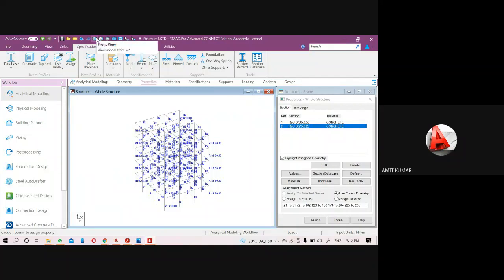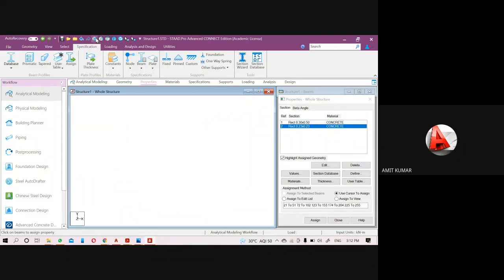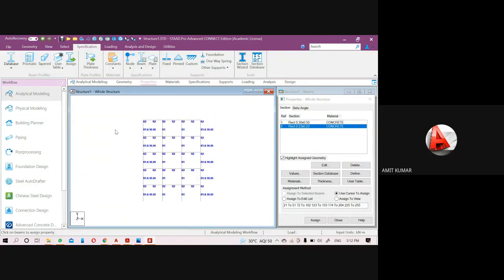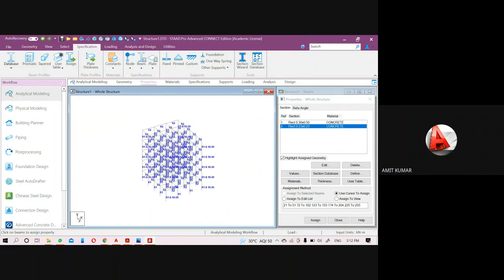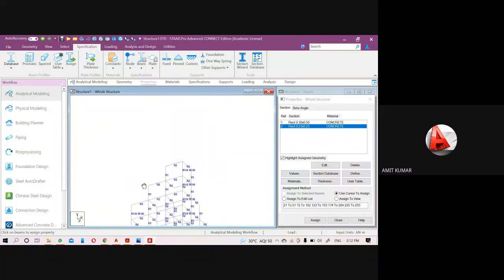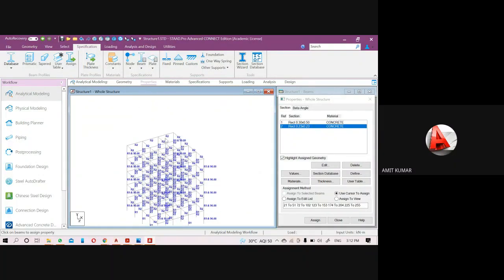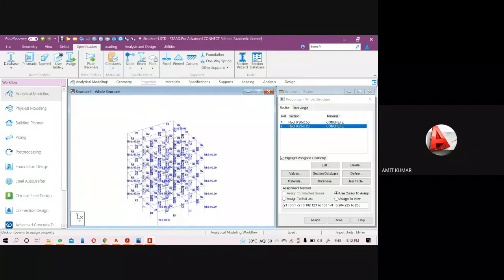We have one more simple method of selection, but this selection method can be used only when beams are parallel to the X, Y, or Z axis. Here in this project, all the beams are mostly parallel to the X, Y or Z axis, so for this project we can use the other method also.